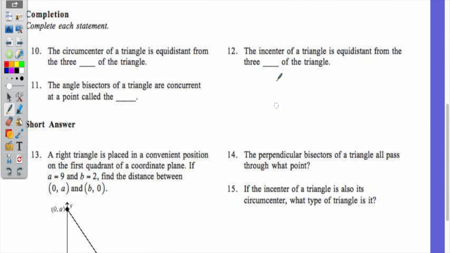Number 10, the circumcenter of a triangle is equidistant from the 3 what? Vertices. Okay, it comes from the sides of the triangle. The circumcenter is the point of concurrency of the perpendicular bisectors. Those come from the sides of the triangle. The angle bisectors of a triangle meet in the middle, are concurrent at a point called what? Incenter. And the incenter of a triangle is equidistant from the 3